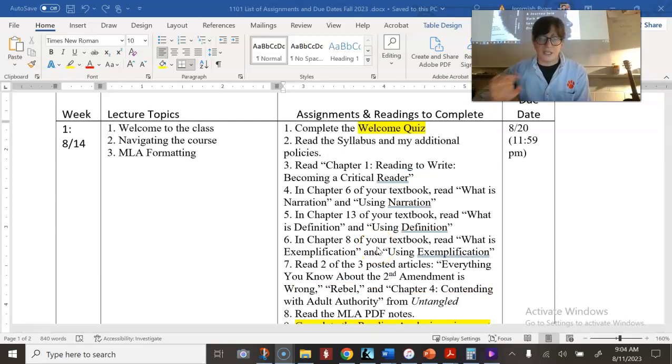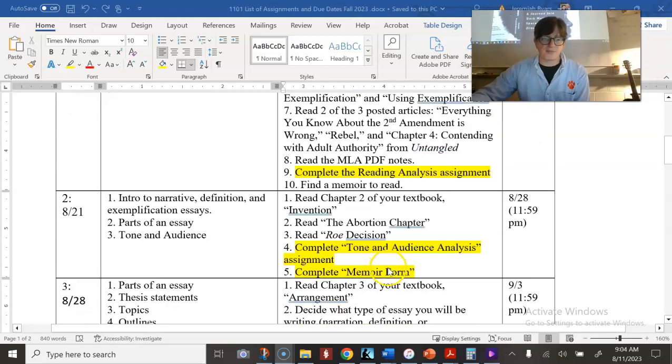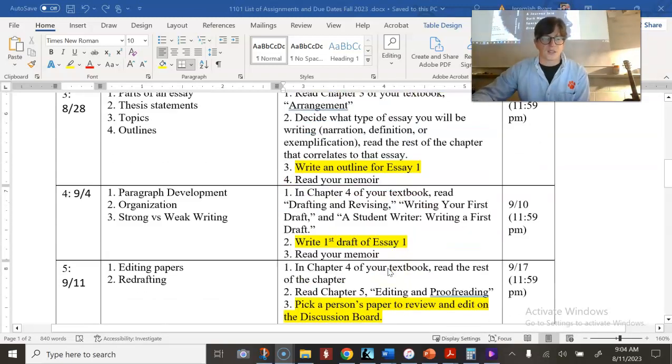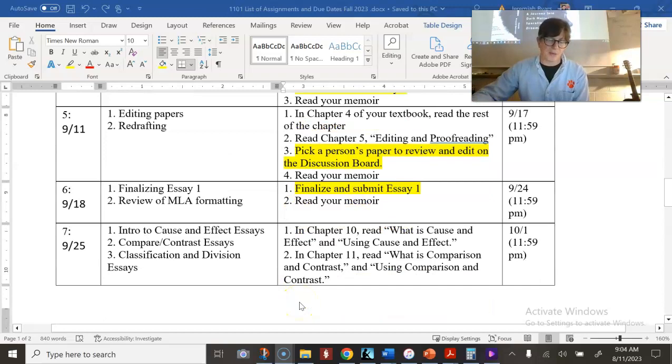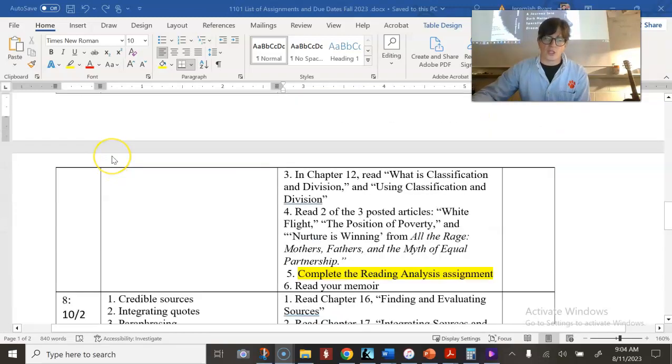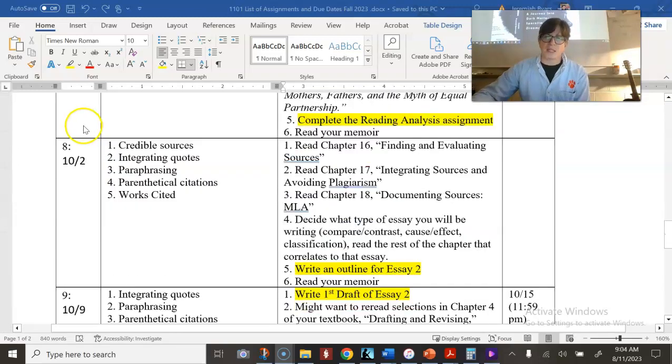So essay 1 and essay 2. Essay 1 is about a topic that you pick that's a certain style of writing. Essay 2 is similar, about a certain type of writing. You are going to use sources in your essays, okay?